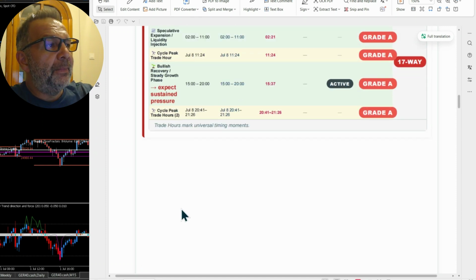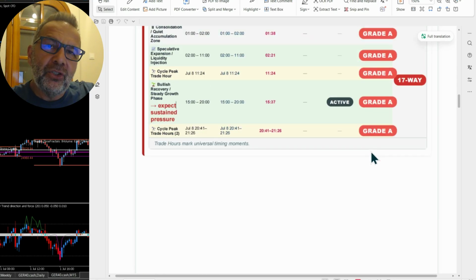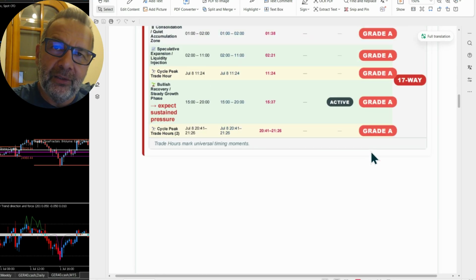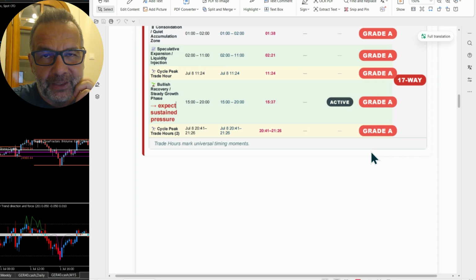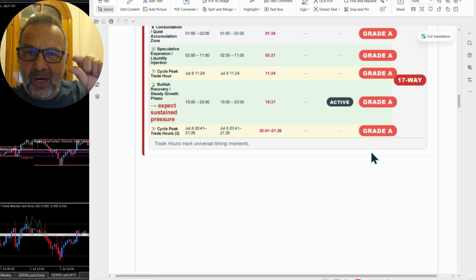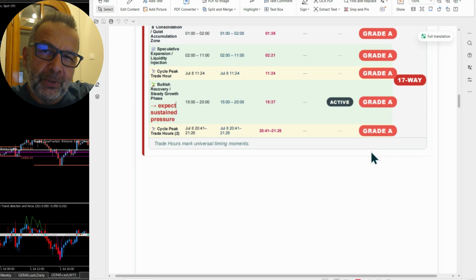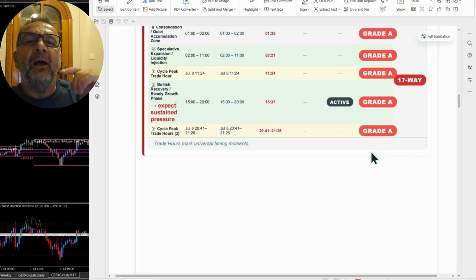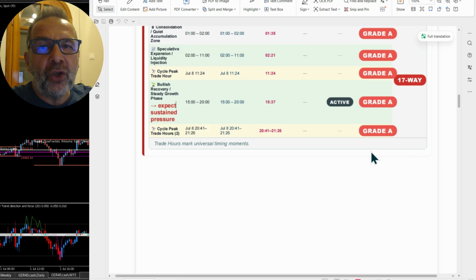Okay, now sometimes you'll see grade A, grade B, grade C. If it matches your time, take the trade, in the direction of your bias. Because we're using tight stop losses, because time and price are matched, your stop loss shouldn't be too far out. If they match and you understand your bias, go for it and go with it. You could reduce your lot size if you want to go for grade C or grade B or whatever, but